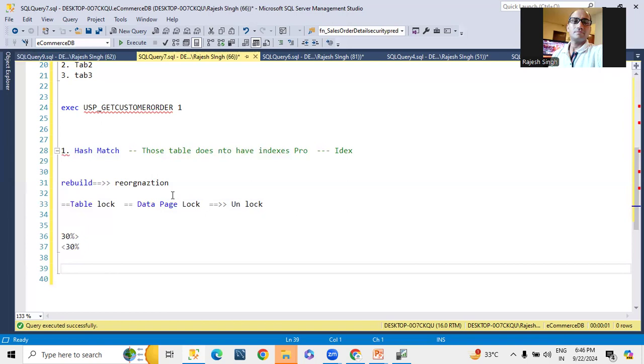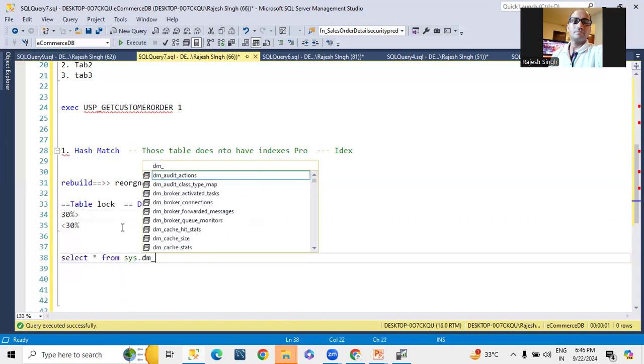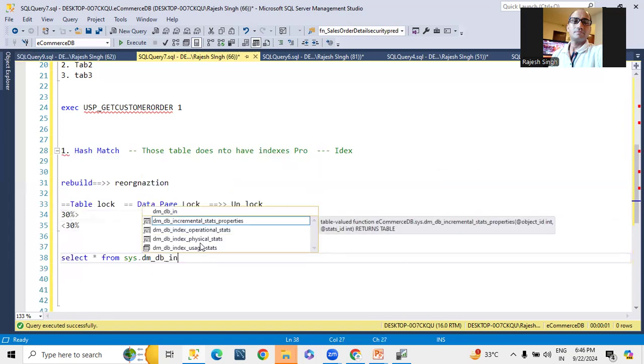Okay. So let me identify. Let's suppose today I start working, and tomorrow I get to know that they are saying you have to go for the execution plan and drill down, create an index, and review the index fragmentation. So how can we identify index fragmentation here? We have one DMV: select star from sys.dm_db_index_physical_stats. You know this?